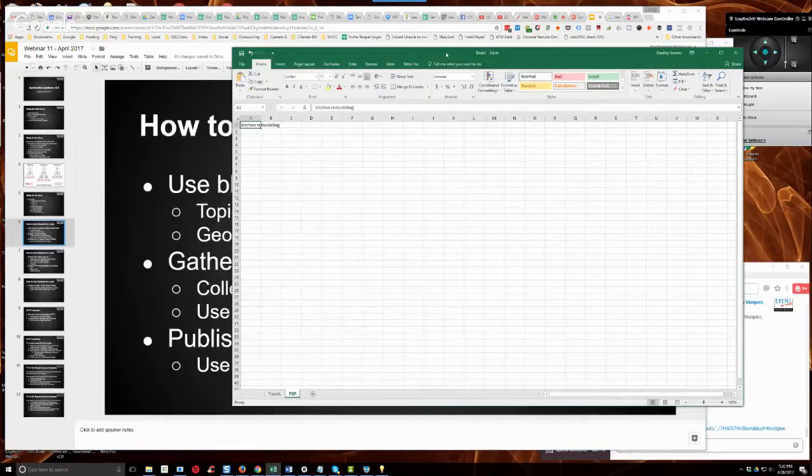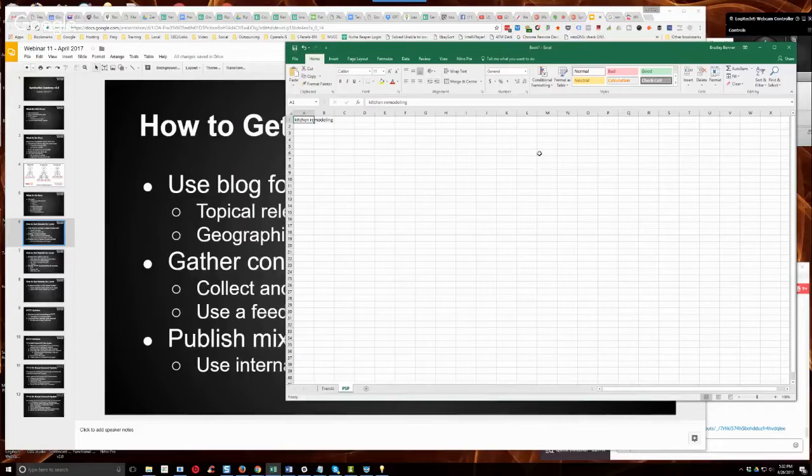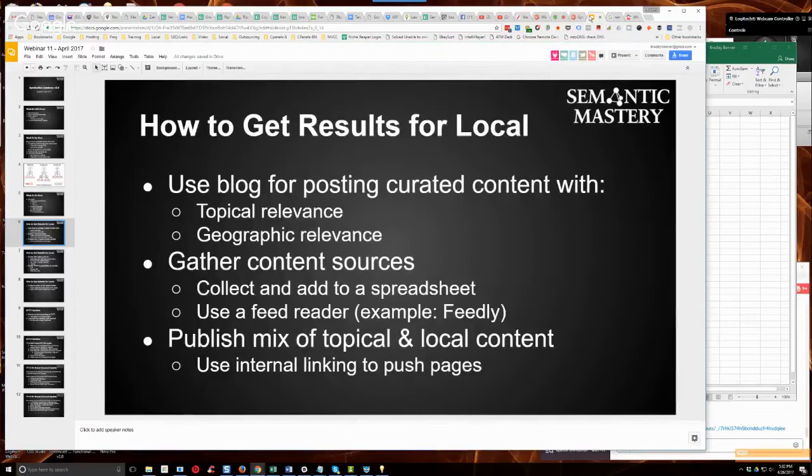But if this is for a particular project, this workbook would be named after the project, and I just create another tab. I always use Google Sheets, but I've got so many sheets open anyways. I would just put on here, content sources or something like that. And then I would go through and list the name of the site here and then drop the link in. Just drop the URLs in for the different sites that you find content